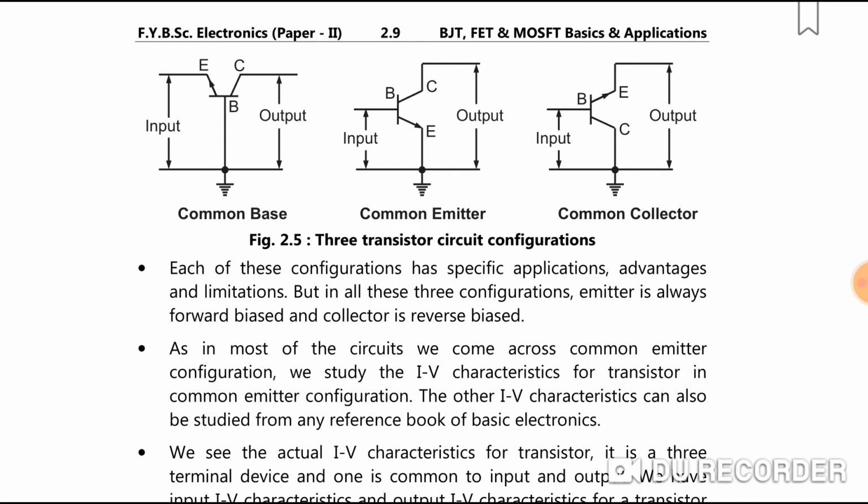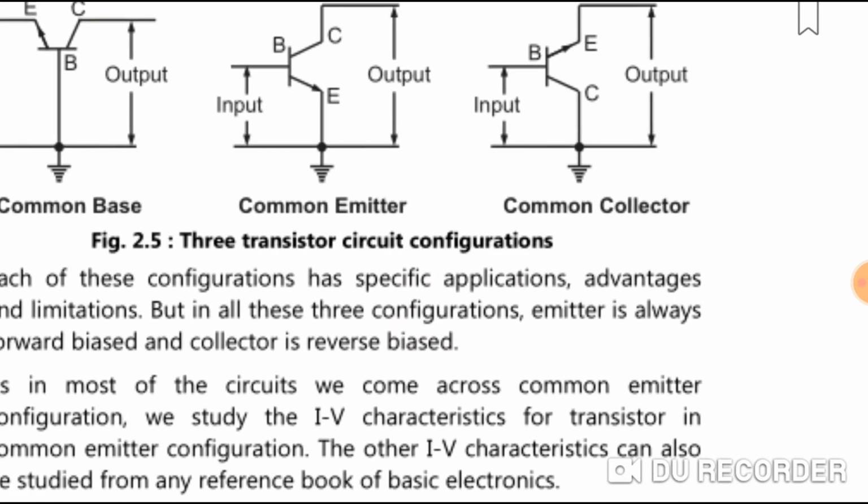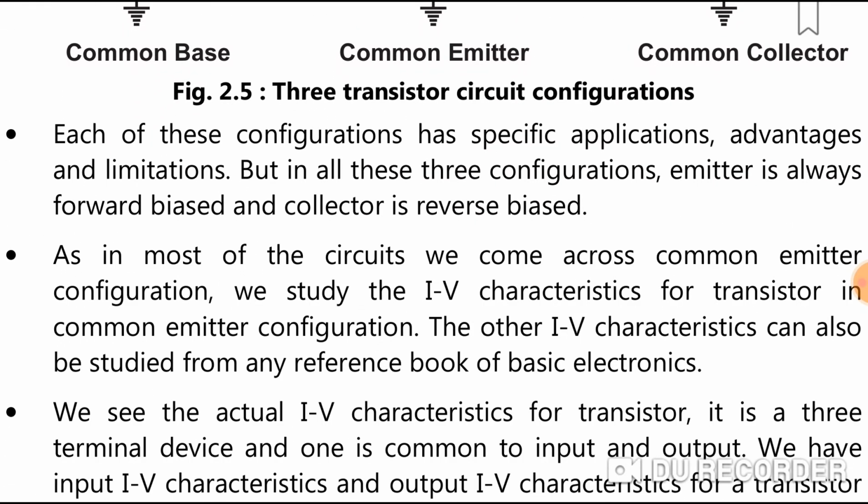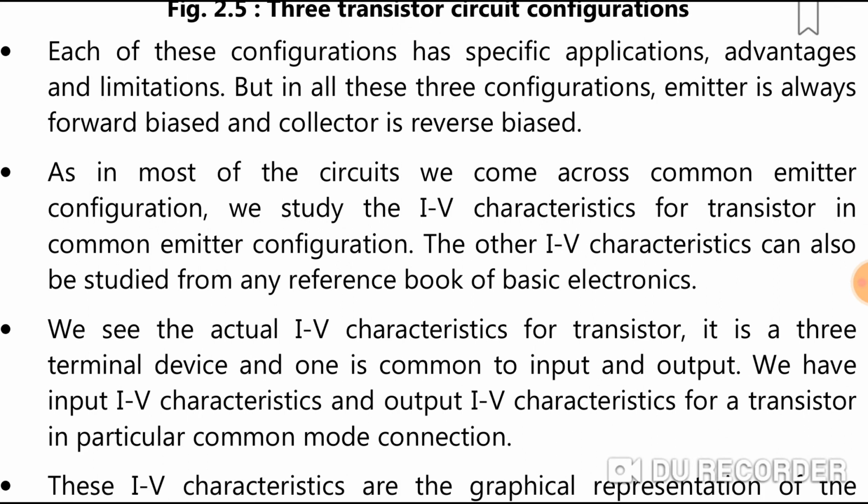Common base, common emitter, common collector, these are the 3 types. You just see how this name is there. When base is common, it is common base. When emitter is common, common means common to input and output, connected to ground, so it is common emitter. And when collector is common to input and output and it is connected to ground, it is a common collector. So each of the configurations has specific applications,